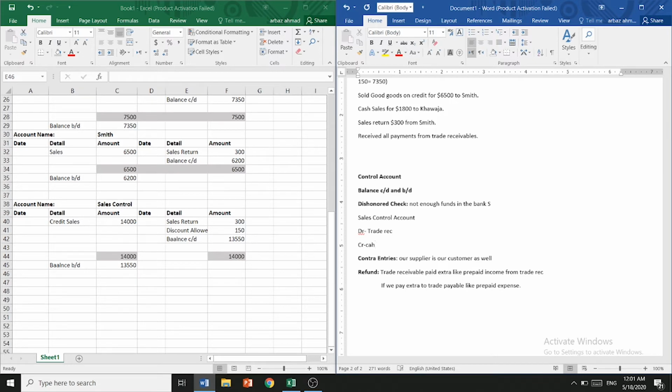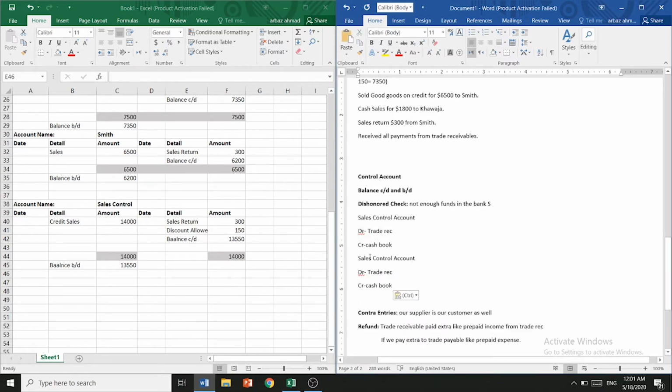book. So what we are doing right now is something similar to what we did in the bank reconciliation statement. We will credit the amount because we thought we received the amount, but it was a dishonored check, so we are, maybe you can say, kicking out the amount from our cash book. Okay, so something opposite will happen in purchase. I'm just trying to make the process faster. So this is going to be cash book,